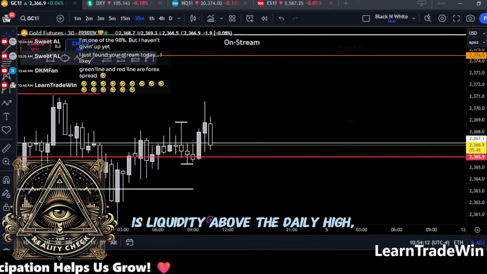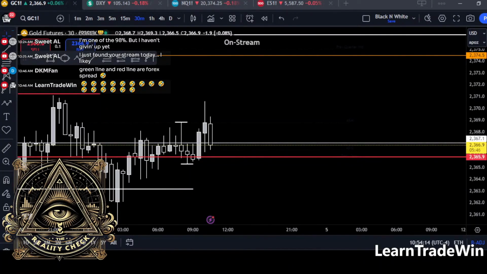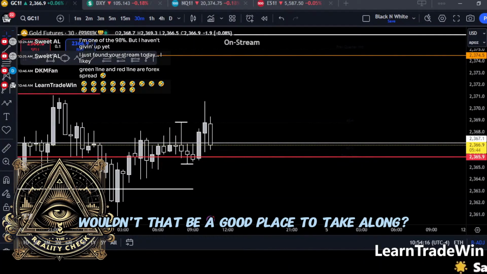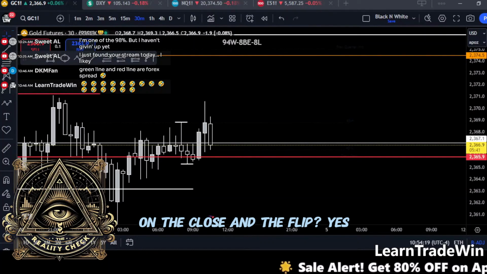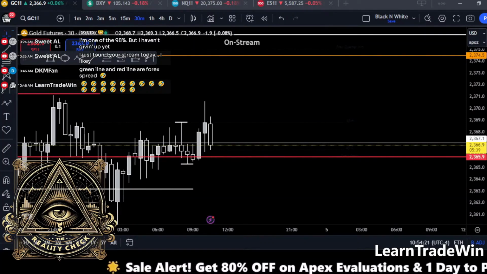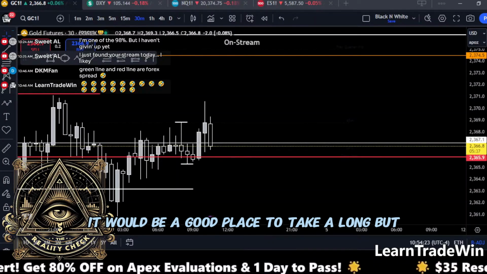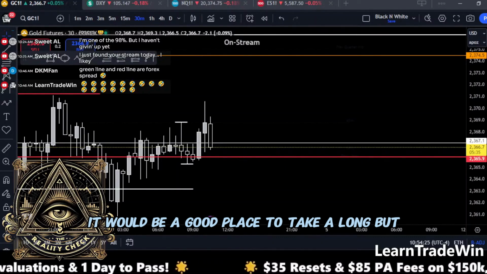Is liquidity above the daily high? Wouldn't that be a good place to take a long on the close and the flip? Yes. It would be a good place to take a long, but